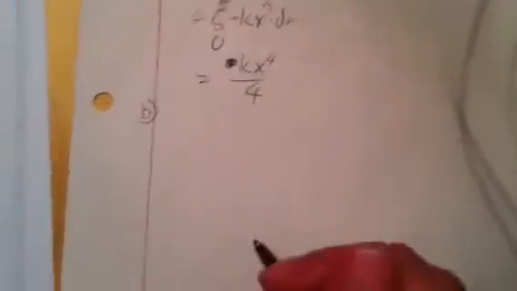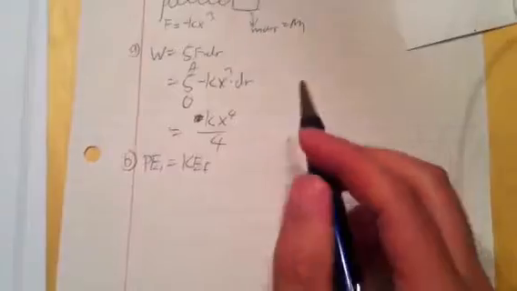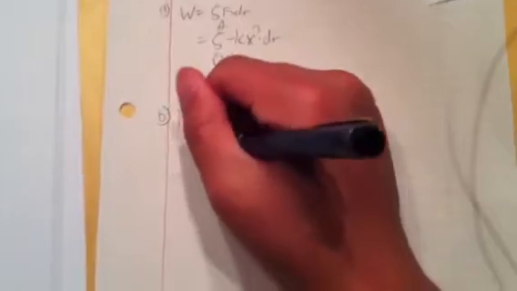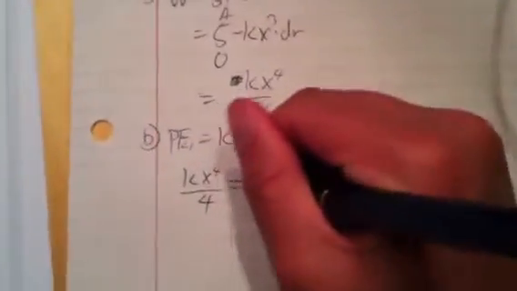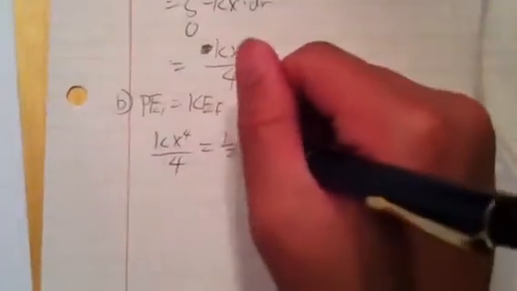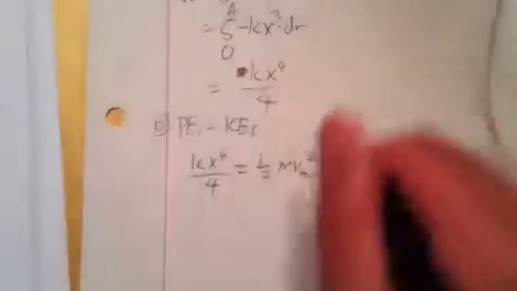Part B asks for the maximum speed of the mass. The maximum speed is obtained when all the potential energy of the spring is converted into kinetic energy. So initial potential energy would have to equal final kinetic energy. As determined in part A, the initial potential energy is k times a to the fourth over 4, and kinetic energy, as I hope you all know, is 1/2 mv squared. So in order to find v max,